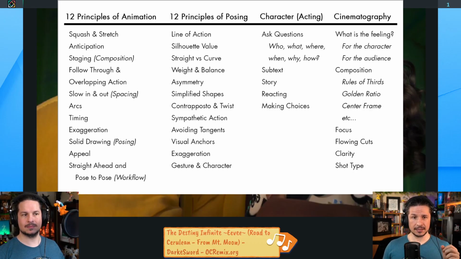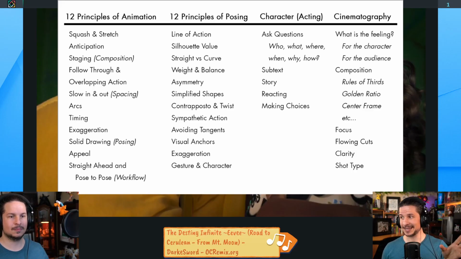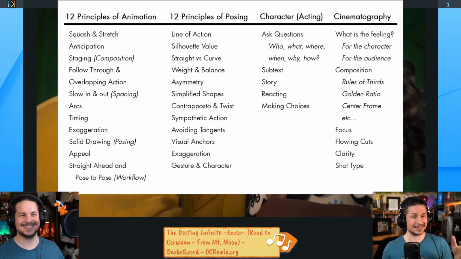So this list that I've put together here is a list of different things that Cameron and I will most often look at when we are analyzing animation and trying to figure out what makes it work. And as well, how can we apply the things that we see and put it into our own shots? Now, this is not the be-all, end-all. This is literally the list I put together 10 minutes before the stream